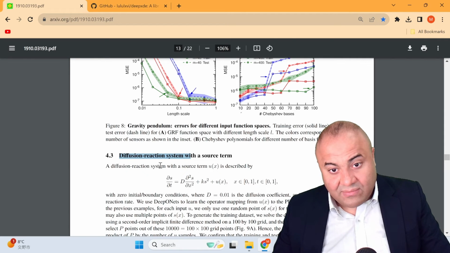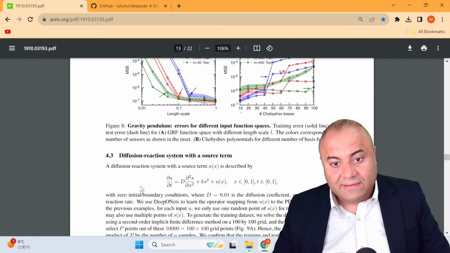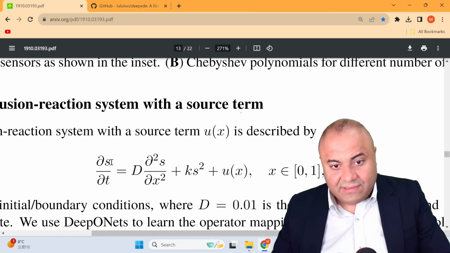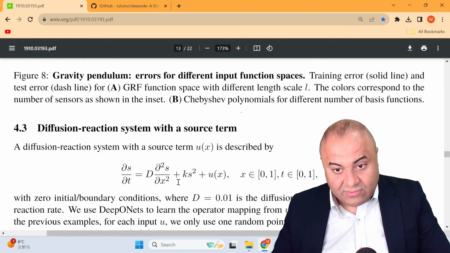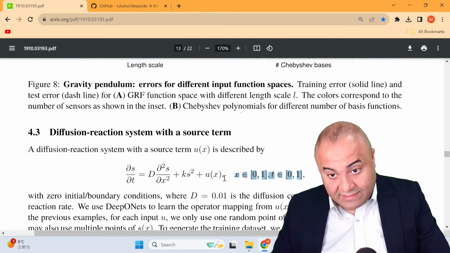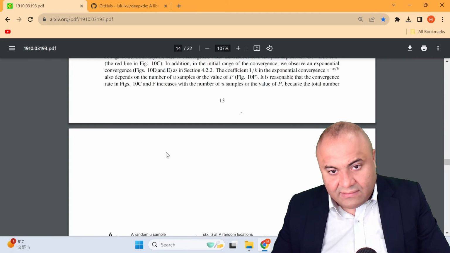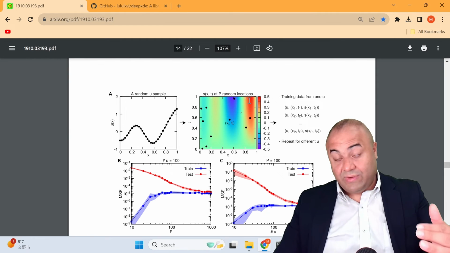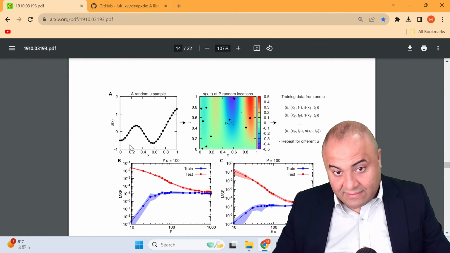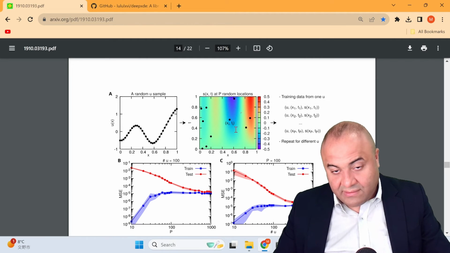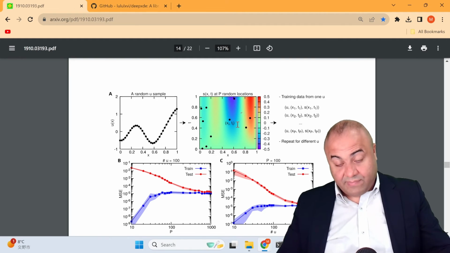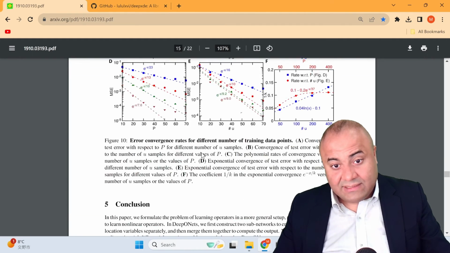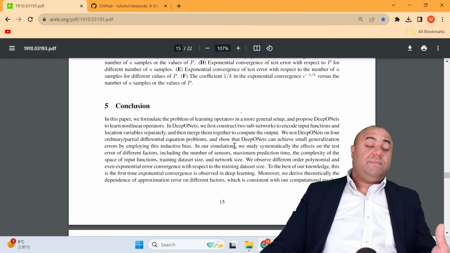Here, the diffusion reaction system. Also, this equation, now they solve it. We're trying to solve for S. We have time, we have X. So basically the input is X and T. So it's, I think, 1D, and you can see here the data like U(x) start from here, and then as time progresses, this is going to be the solution. So we will do similar work in this class.